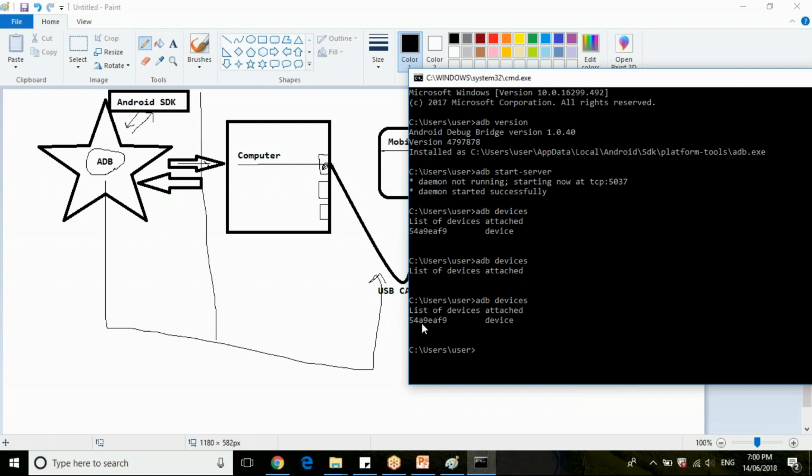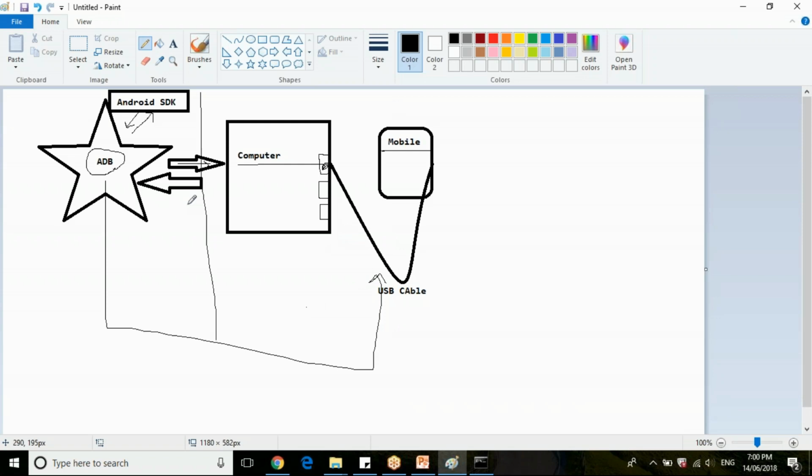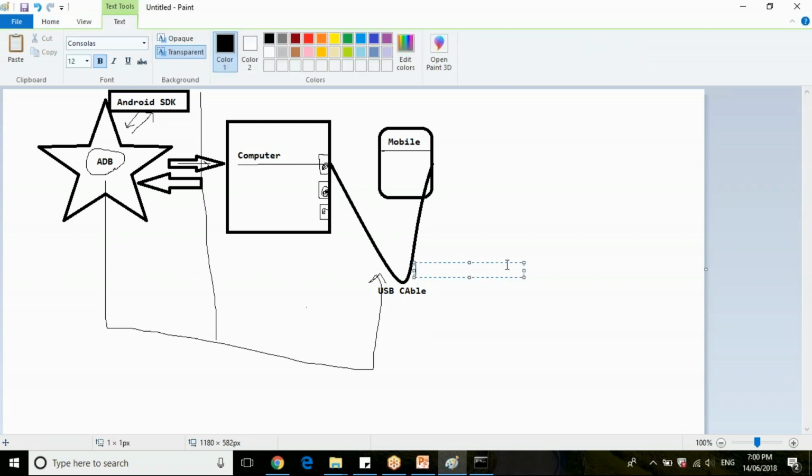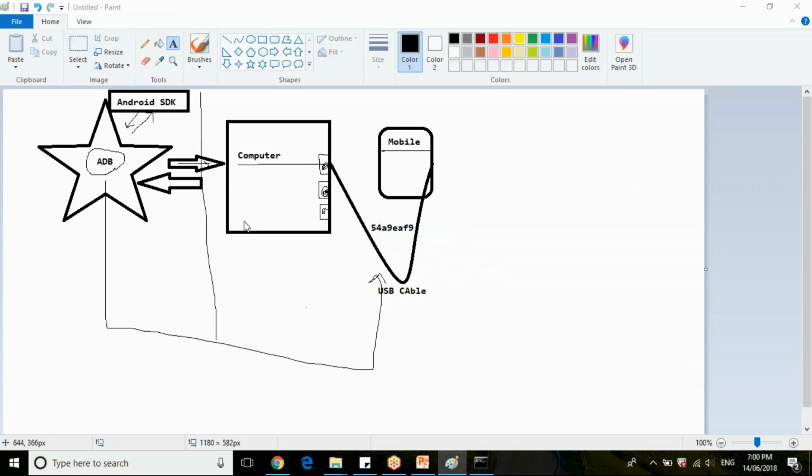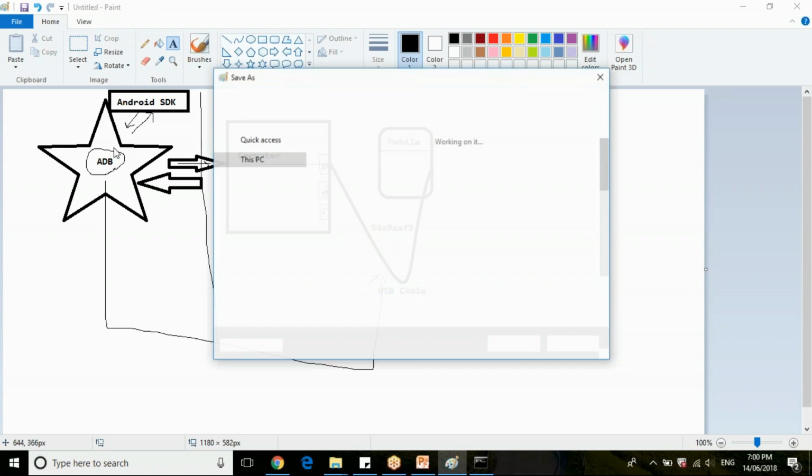The Android Debug Bridge detected this mobile because it has the capability to check the computer's USB ports for connected Android devices. Now only this Lenovo mobile device is connected, so it has given me this particular serial number. Clear, guys? Now ADB can do some operations, let me show in the PowerPoint.